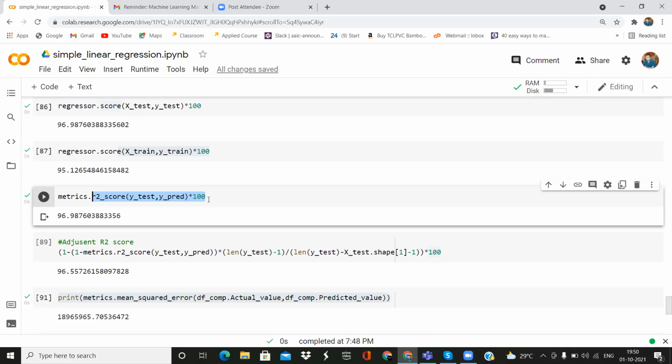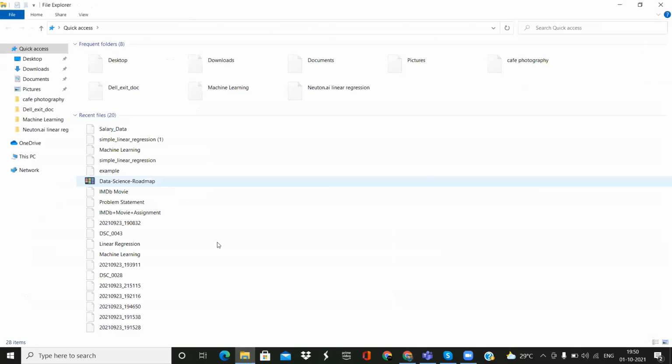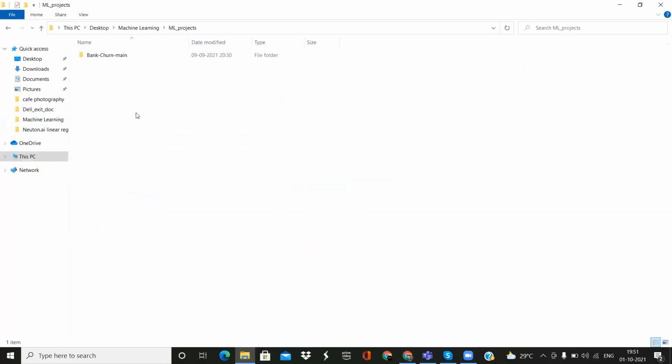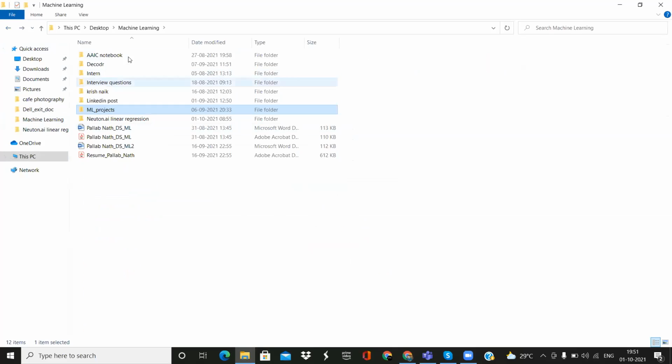Okay, let me go through that. There was one question from Vishal: how to increase the score of models. To increase the score, there are a lot of ways we can do it. We have cross-validation, k-fold validation, boosting, bagging, and a lot of other techniques. But since the data set here is very small, just 30 data points, I think the values will not differ much, even if we boost it. I think 96 is a very good score.